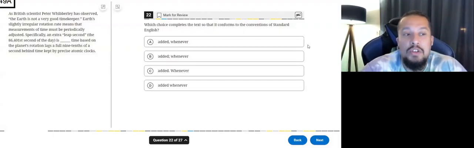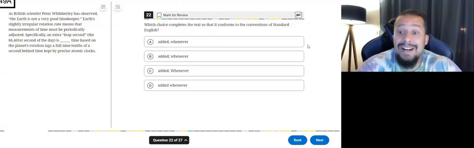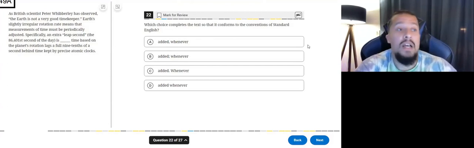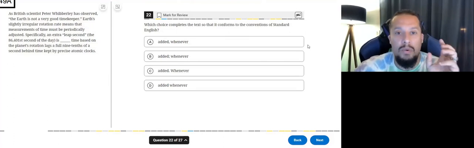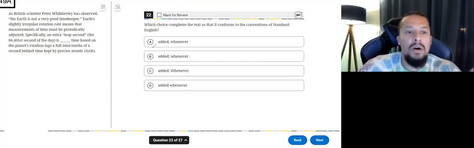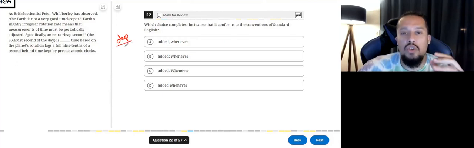Number 22. Make sure you read the full text. I don't care if it has information you don't need. Stop being lazy. Just read. Like the College Board is giving you 1/6 of the information. I read the paragraph. Now, I want you to notice here, whenever is a dependent clause, just like which or